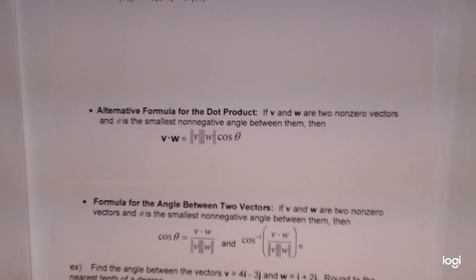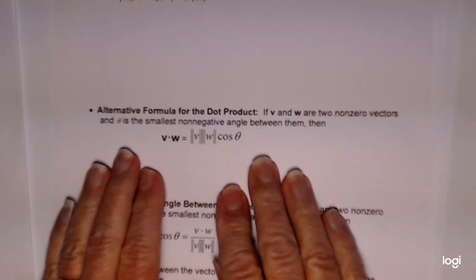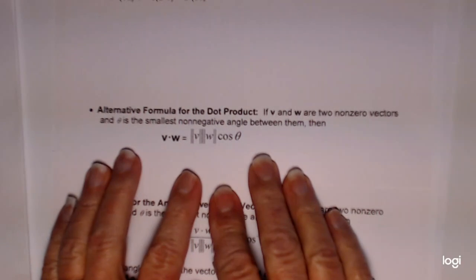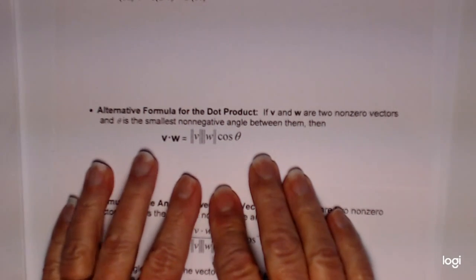So continuing along that line of thought, that we can use magnitude and sine or cosine to describe a vector,